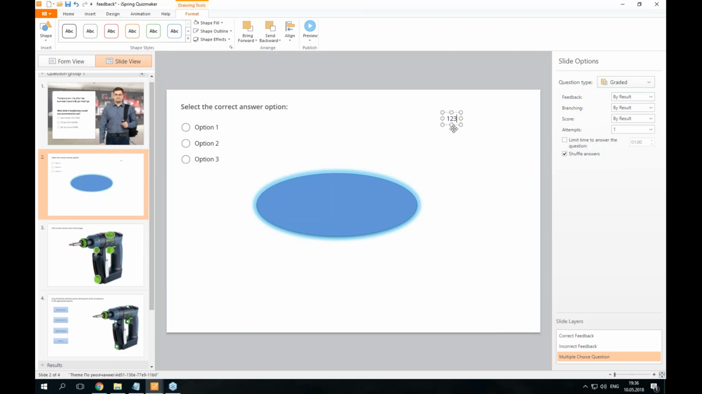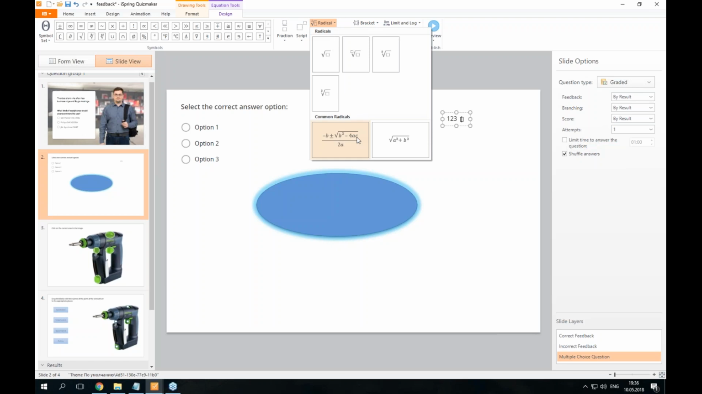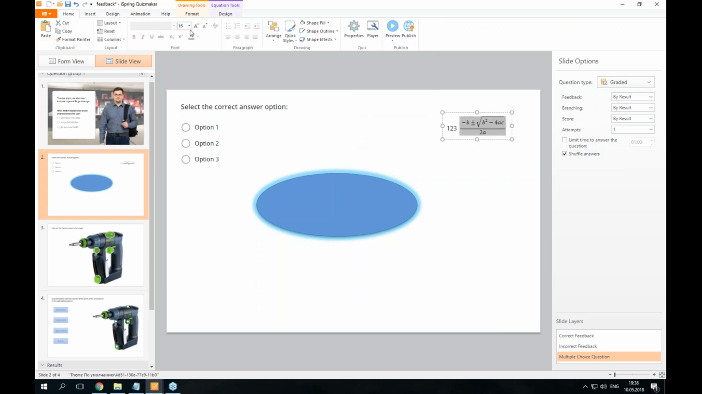In the new version 9, our developers made this built-in equation editor, which allows you to work with formulas and symbols directly from the program. You can immediately select the place where you want to add the equation. For example, insert equation. I will put it here, and I will select radical, common radicals. I can also change the size of the font. Okay,